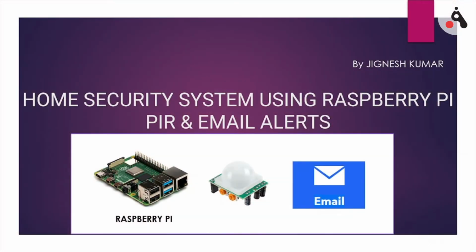Welcome everyone to a new IoT tutorial, and in this tutorial we are going to create a home security system using Raspberry Pi. In this project we are using the PIR motion detection sensor, and based on the detection we are going to send email alerts. We are also using the PiCam, the camera module of Raspberry Pi, so that it captures an image at the moment the motion is detected, and the same will be sent via mail to the admin. So this is the project we are going to create in this session.